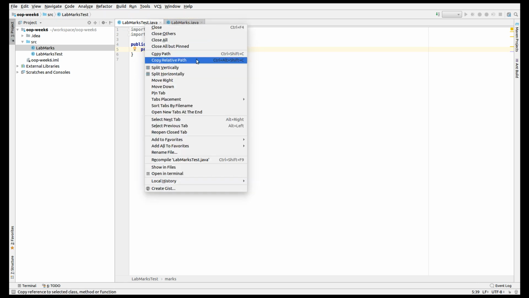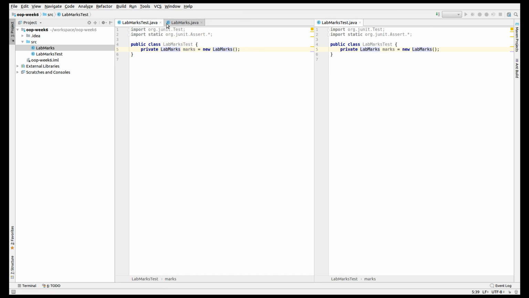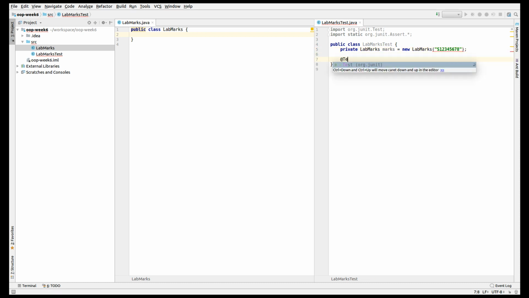What I'm going to do is split this vertically so that I can have my test class on the right-hand side and my implementation class on the left. So from here we can continue developing this class using the TDD methodology, and I'm going to start by writing a unit test. The LabMarks must belong to a student, so I'm going to check that the LabMarks class has a student ID and that I can get the student ID. So to start off with, I'm going to give this LabMarks object a student ID in the constructor, and let's say that the ID is S1234567,